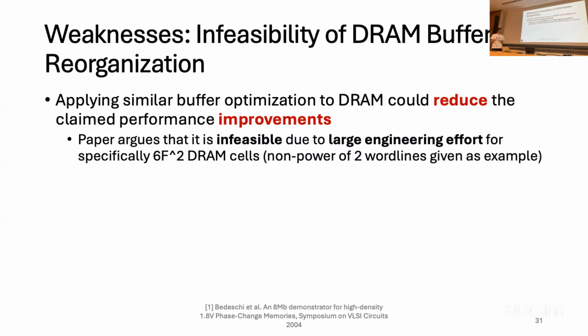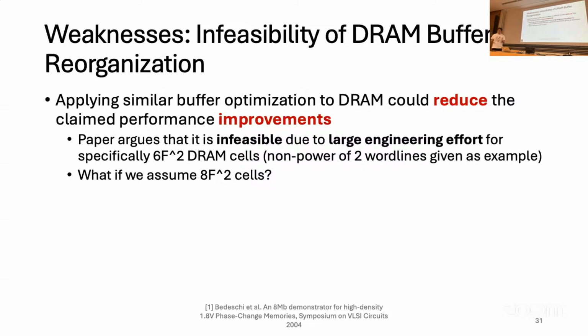I'm not entirely sure whether I've gotten it correct, but this argument seems not too convincing, at least for me. For example, the authors also mentioned that size 8 DRAM cells, a little larger, are apparently not that popular with the DRAM manufacturers, at least at that time. But I wonder, maybe size 8 DRAM cells with the buffer reorganizations would be a better performing baseline. And I think for fair comparisons, you have to compare the best performing DRAM organization